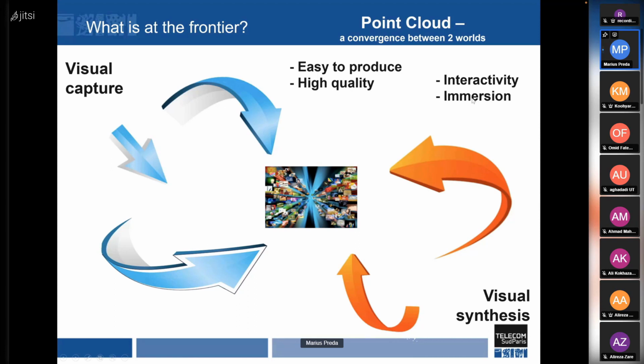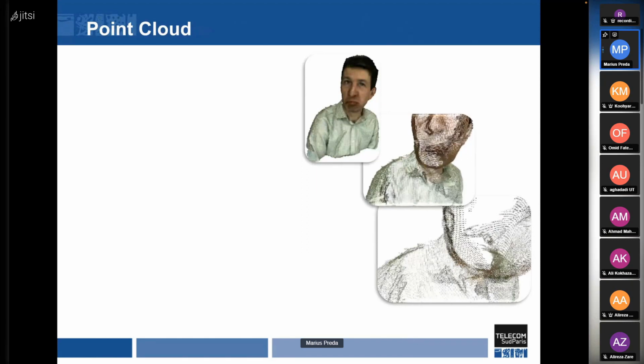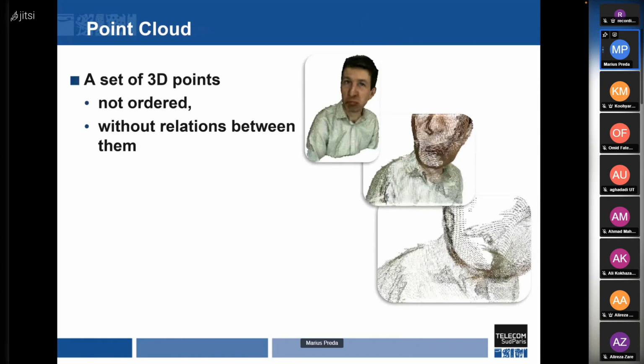and immersiveness, in the sense that because it is a 3D graphics representation, we can use a rendering engine to produce whatever viewpoint we need. So we have the immersiveness of the user, but also the user can interact with the content. We are in a pure synthesized world. In few words, what is a point cloud is relatively simple as a representation, is a set of